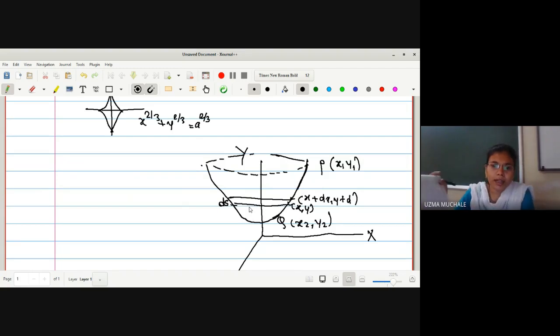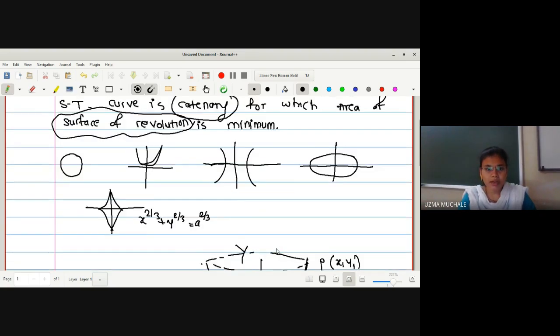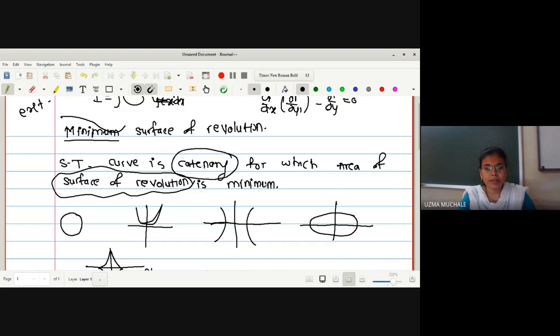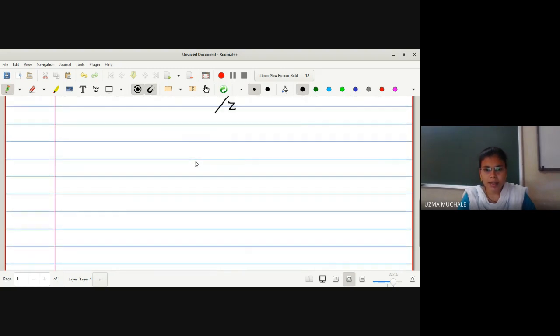Next, we have to find the surface of revolution of the curve about the y-axis. We are provided with the y-axis, and we have to revolve it about the y-axis. If we revolved it about the x-axis, it would be some other figure. Now, what is our aim? To find a curve for which the surface area is a minimum. Our aim is to find the area of the surface of revolution to be minimum, and then show that the curve whose surface of revolution has minimum area is nothing but a catenary. Correct?